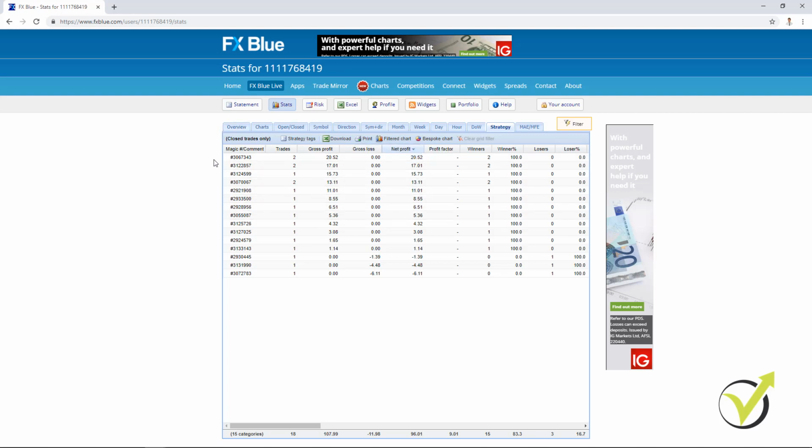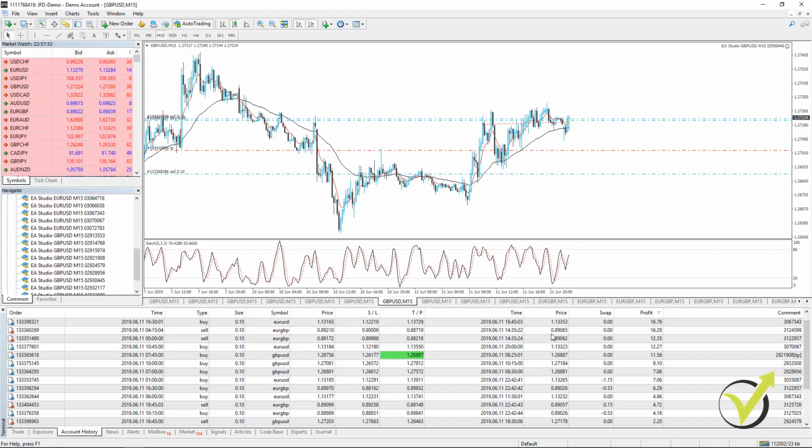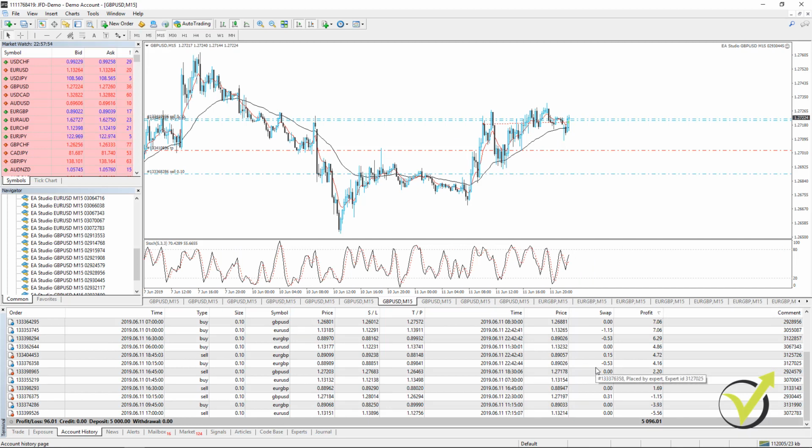And I would suggest you first not to hurry with live trading accounts, and what you can do is actually open another demo account and place the top expert advisors on another demo account. This way you will practice this system, and of course this is the way how I do it, how I follow the results. You can have your own way. If you find an easier way to follow the results from MetaTrader, even better, but I will just share in these videos how I do it, and in the next videos I will show you what methods I use in order to select which expert advisors to place on the live account.